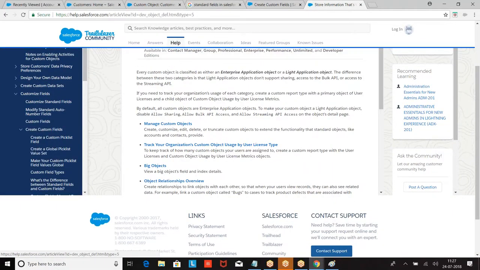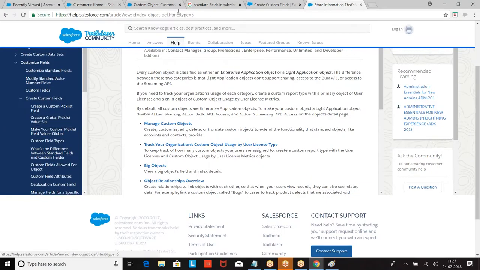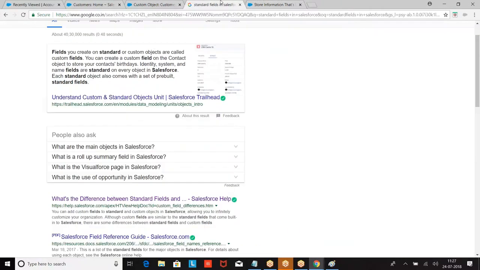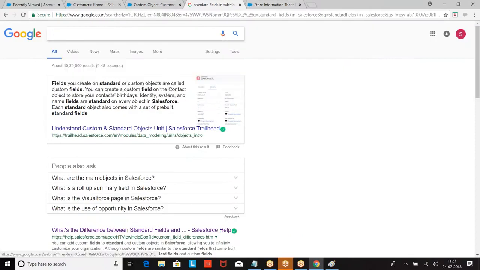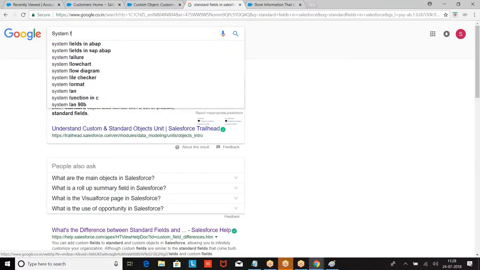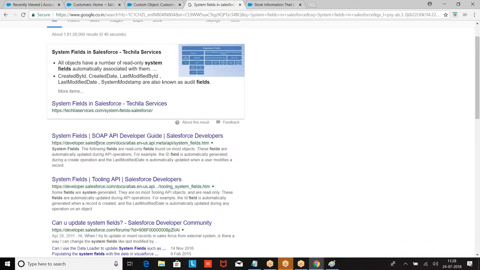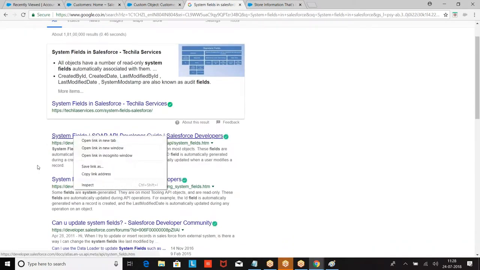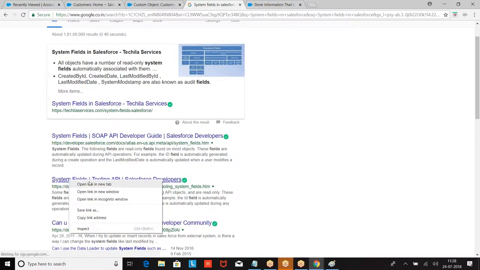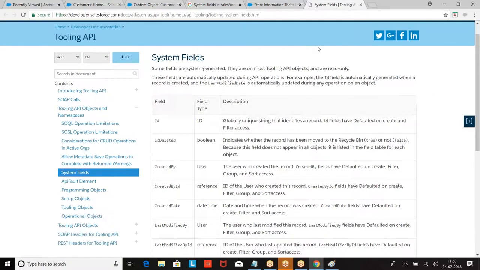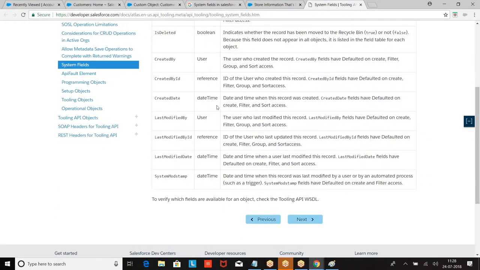Okay. Now let us go to the next one. Try to understand what these system fields are and how they are created. Now there are 7 system fields here.